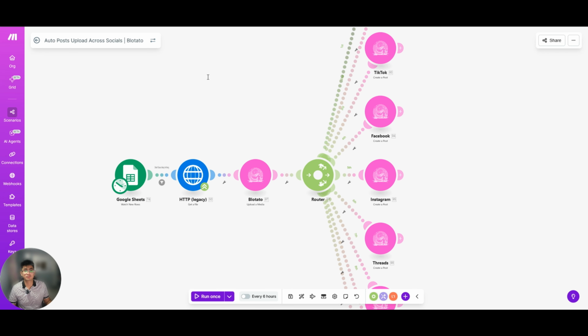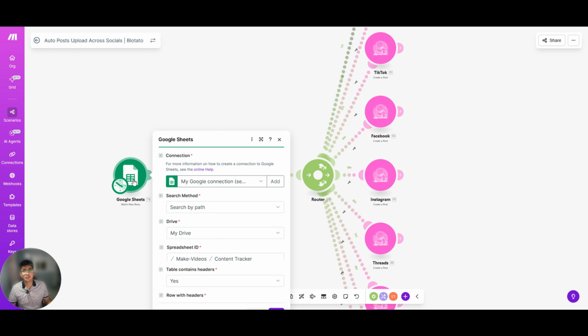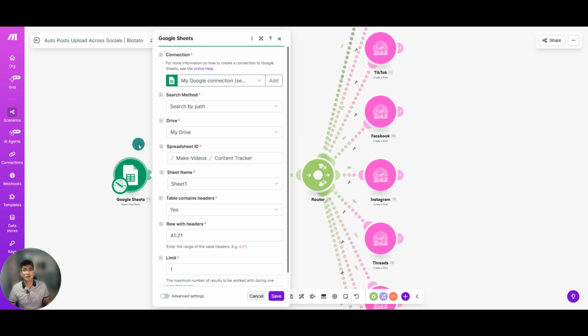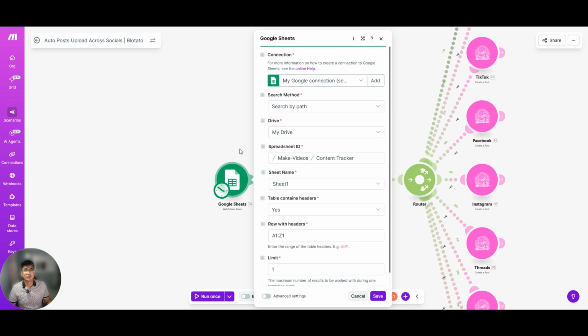So it starts here, where this module watches for new rows in Google Sheets. So each row is one post with columns for caption, media URL, and flags for which platforms to publish on.